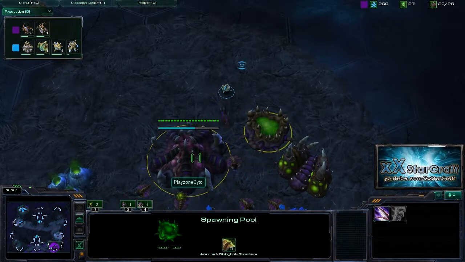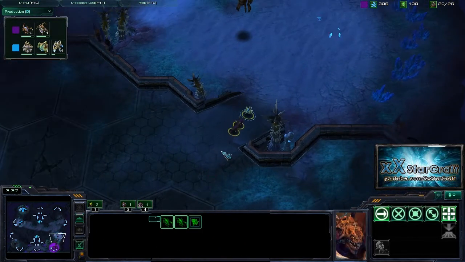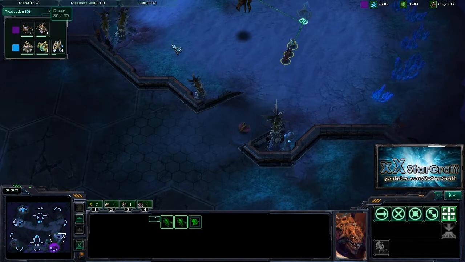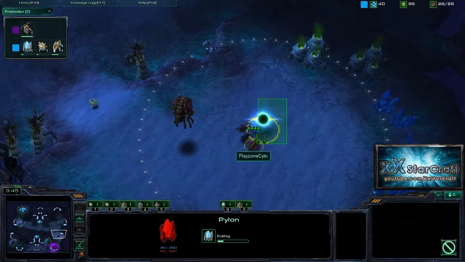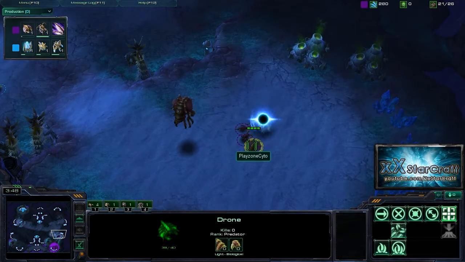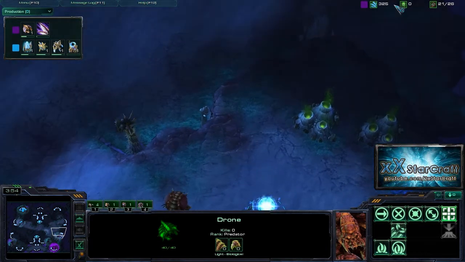But you gotta keep in mind he walled off with 2 pylons, so this wall-in is definitely vulnerable to a Baneling bust from Cyto. Cyto now getting out his first 2 lings, follow up with 2 other lings, and Socke's just going to be annoying and put a pylon here to block the expansion for as long as possible. And is it going to work? Yes, he is